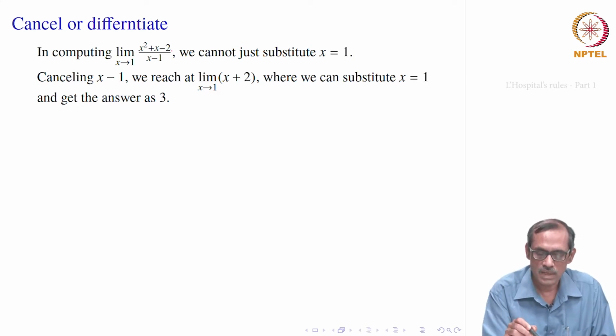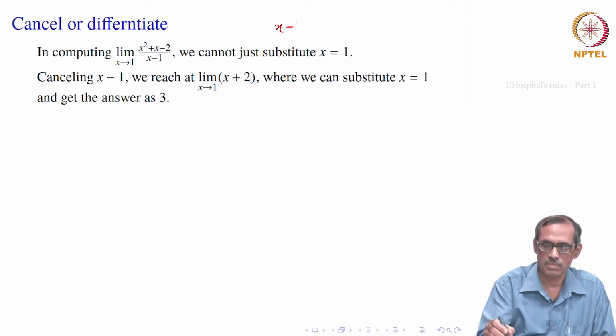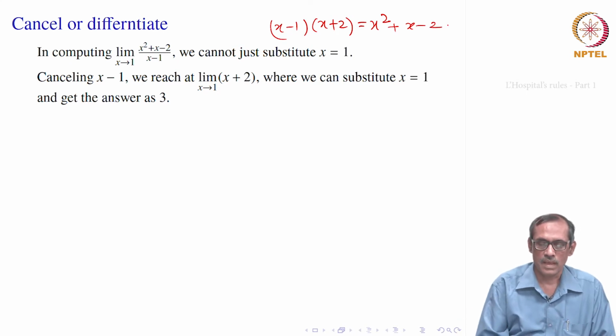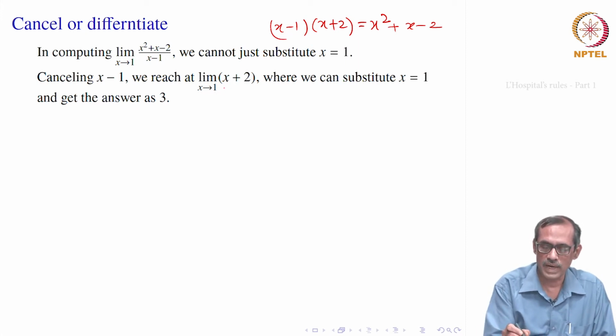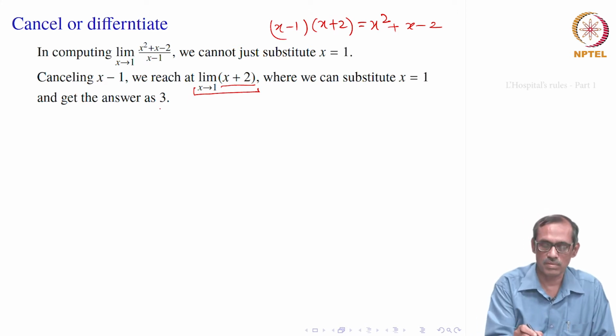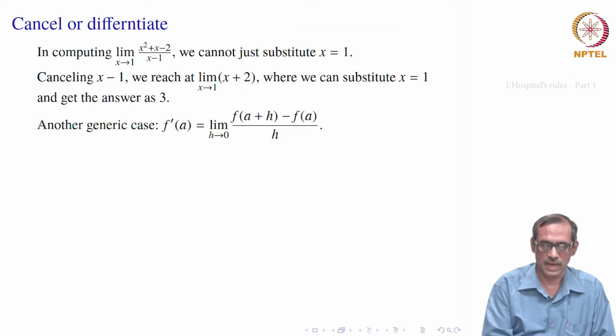But you see that the numerator is x minus 1 into x plus 2, right. You have x minus 1 into x plus 2, that is x square plus 2x minus x, so plus x minus 2, that is what the numerator is. So, we can really cancel this x minus 1 from the denominator and numerator. You get the whole ratio as x plus 2 only. Now, you can take the limit and that will be equal to 3 of course. So, this we used to do everywhere else.